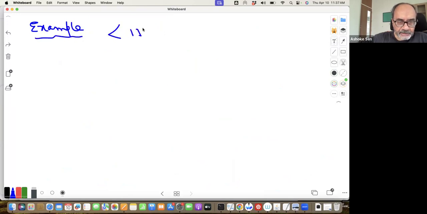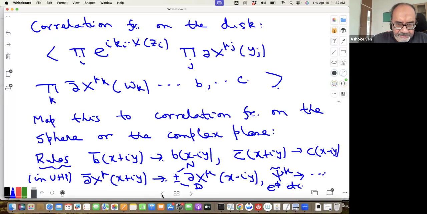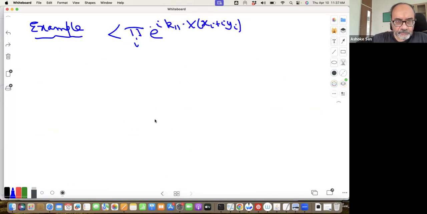Suppose we have a product over i of e to the i k parallel dot x of, let's say, xi plus i. So maybe I made a mistake here. I should have said something else. This, e to the i k dot x, I didn't explain. That also I should do. Okay. So before I start the example,